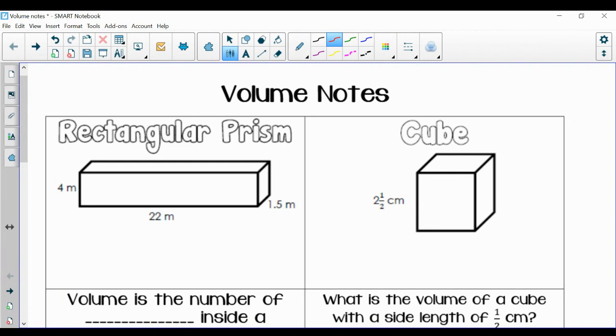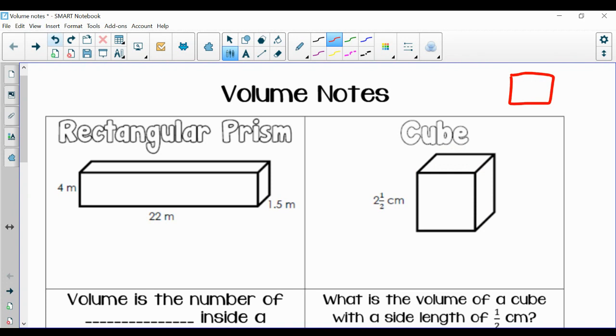So area talks about how much space an object takes. So, if I have a square, how much space does that take? And surface area is talking about, if I were to lay a blanket over my three-dimensional shape, how much of that blanket am I going to need to cover the entire surface? So on that one, you're talking about the whole thing, right? But with